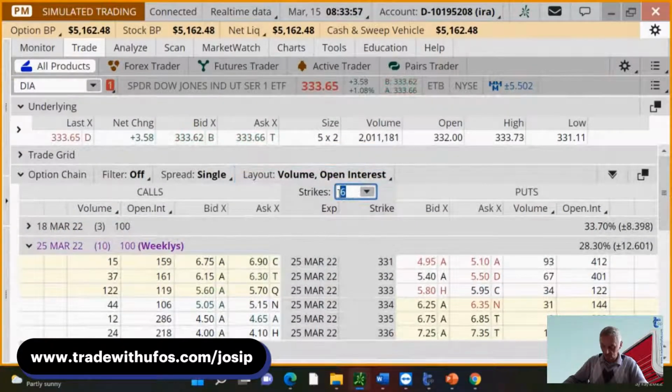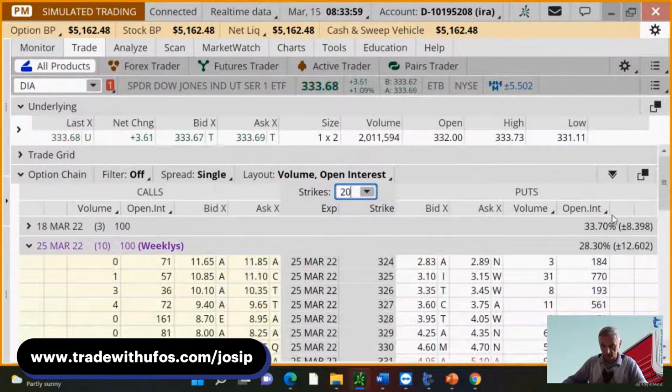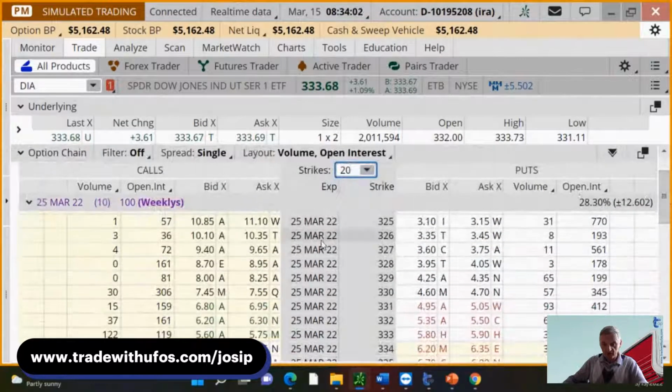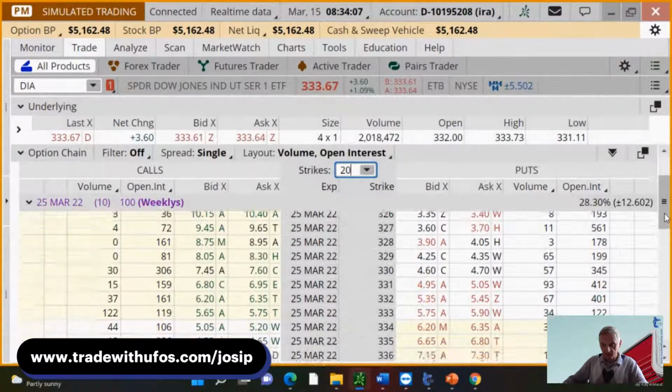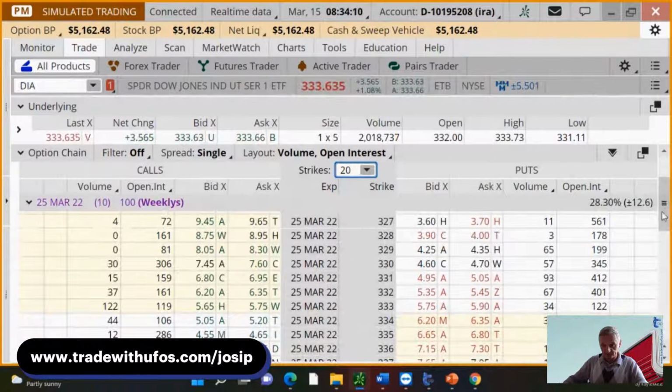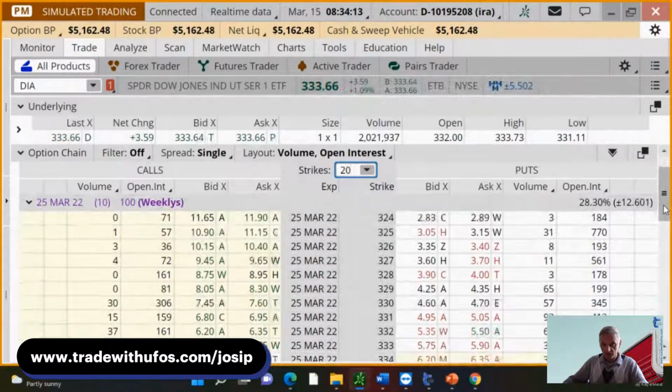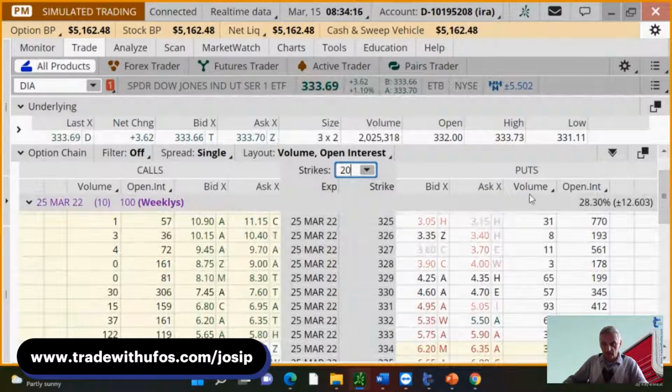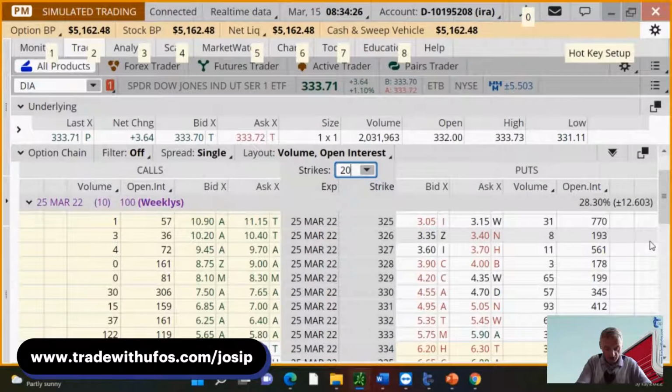I'm going to ask for maybe 20 strike prices so we can be looking at these. The strike prices that we had were 325, 330, and 335. These are the strike prices. I just want to make sure that you're following this logic. Volume today is just activity today, so do not misjudge something on a volume today, because what matters more is actually outstanding contracts that need to be exited, because as of now they are open.